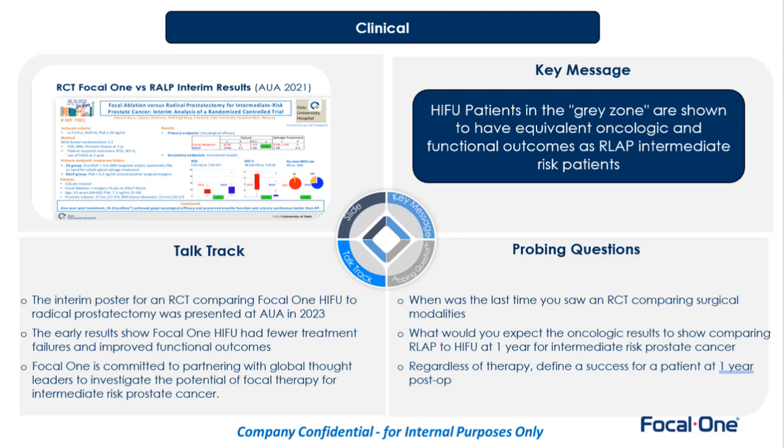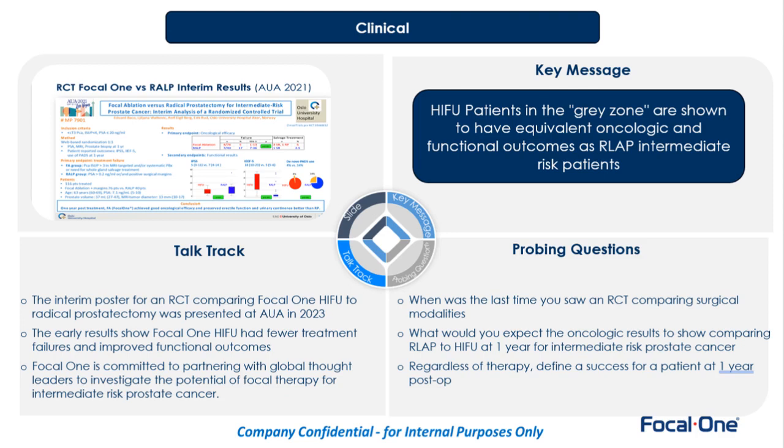Start your talk track by setting up the study. The aim is to compare the oncologic results for radical prostatectomy and HIFU for intermediate risk patients. The early results show Focal One HIFU had fewer treatment failures and improved functional outcomes. Emphasize that we are actively partnering with institutions and surgeons to determine the clinical efficacy of HIFU for intermediate risk